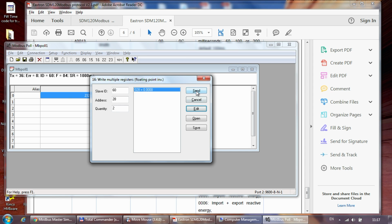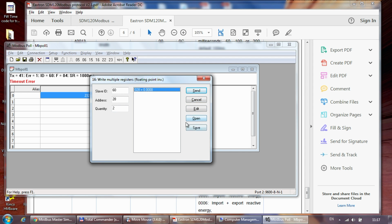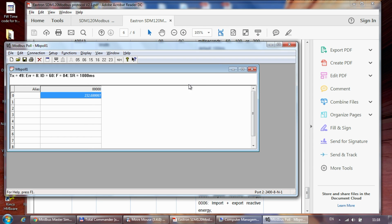Edit value 0. Yeah, send, and we are still in setting mode. So if I'm sending, yeah, I'm getting the response, and the read function again times out. And if I disconnect, go to the connection settings, and change the data to that, yeah, now it's working. So now we are reading data, obviously with a slow rate. So this is how you set the